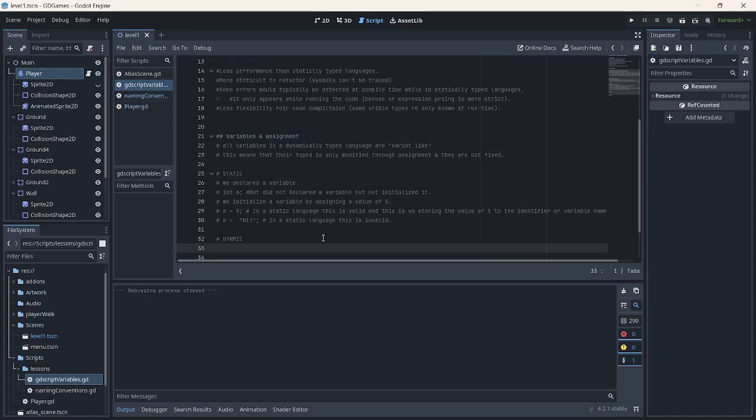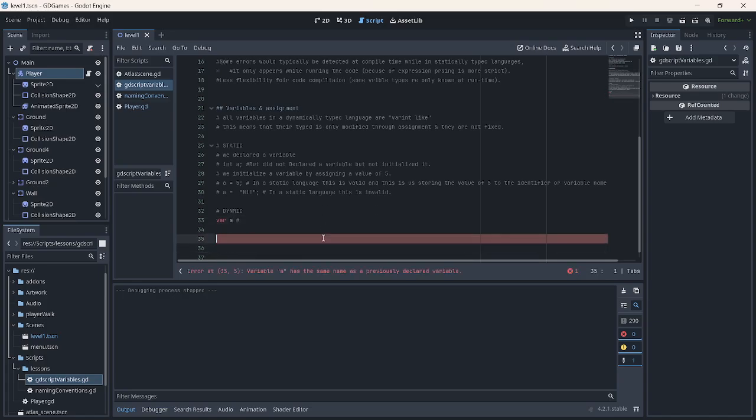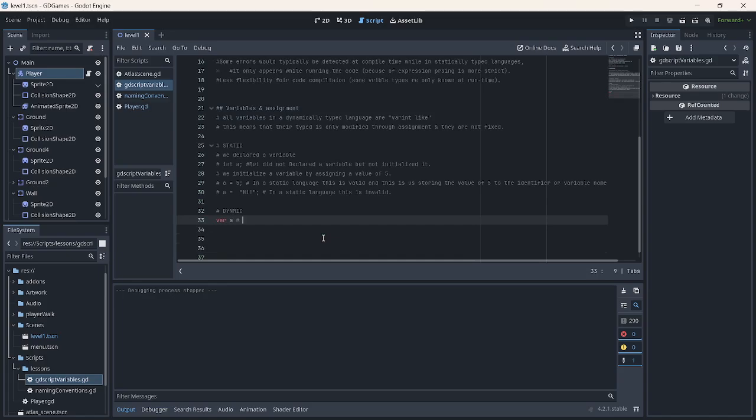So when it comes to var a here, this will just be us declaring the variable name a. Again, this one is a keyword, and this is a custom name. Anything that we want to say, it will still work. So, variable a, and this will automatically result in a null value by default.